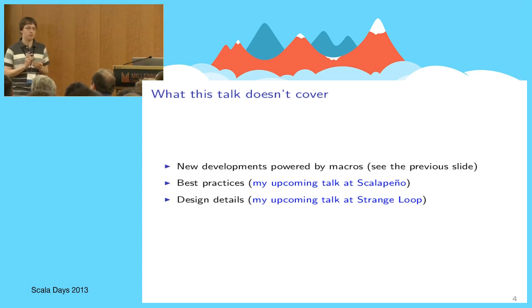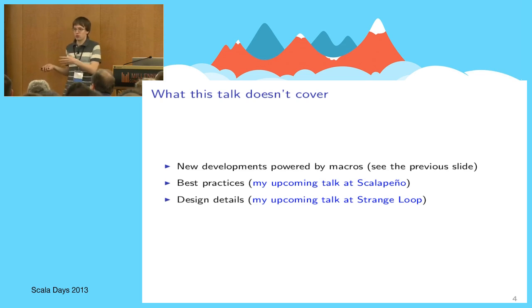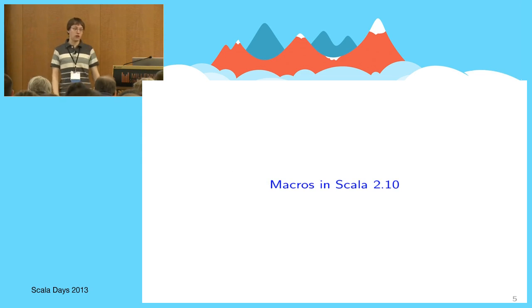What else? Yeah, best practices. Macros have been here with us in this or that form for about a year and a half. Of course, we've accumulated a lot of experience: what you should do, how you should do that, what the cool tricks are. I think it's a good time to codify this stuff and turn it into some sort of macro writer's handbook. Today this session is too short to cover that, but in the middle of July there will be a great occasion, the Scala Pena conference in Tel Aviv, and I'll be presenting exactly that: best practices and advice for macro writers. All right, now without further ado, let's proceed to the talk.